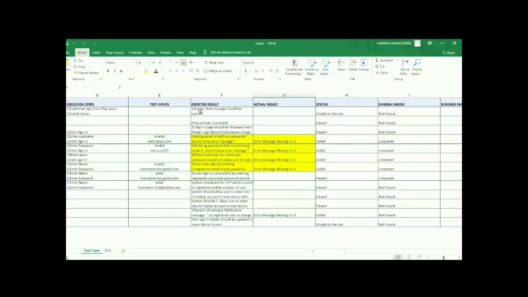These are the login details, login criteria. These show whether the user has downloaded from the app or website. These are the test case inputs. These are the status, whether passed or failed. These are the consumer details, whether it has been consumed or not. If not found, the consumer detail is not executed, which means he didn't order properly. If the consumer is displayed, then the customer has ordered in the correct manner.